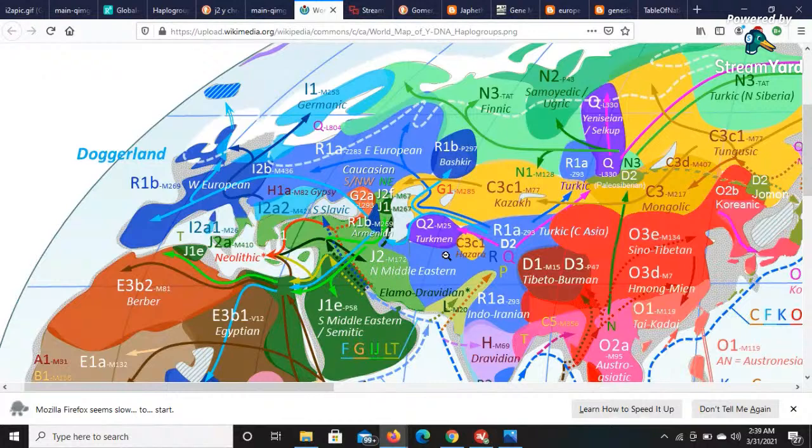So the Q and the R come from the same branch, same tree. So it could be Gog and Magog, because otherwise, if not for the Q and the R, they're driven out, if they ever were in this area here. But from my understanding, they never were in this area of Europe